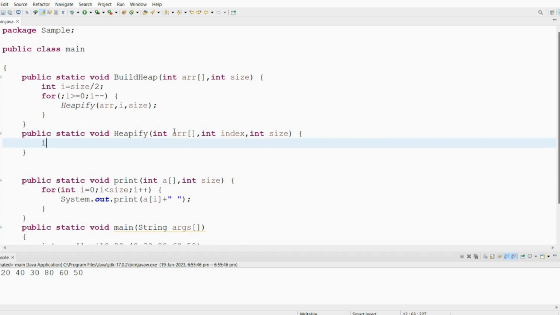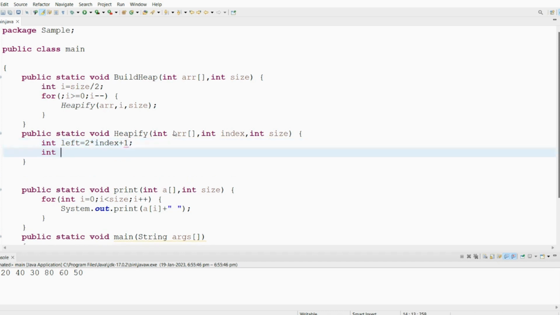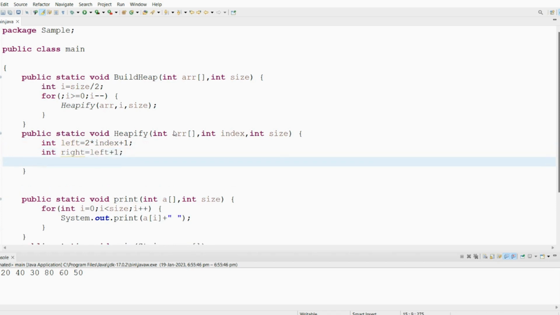Then I will write the code for how to heapify. I'm taking max heap, so left is 2 into index plus 1, and int right is equal to left plus 1. Now if the parent is less, we need to swap, right? If a child is greater than the parent, that is, first of all, if left is less than or equal to size,